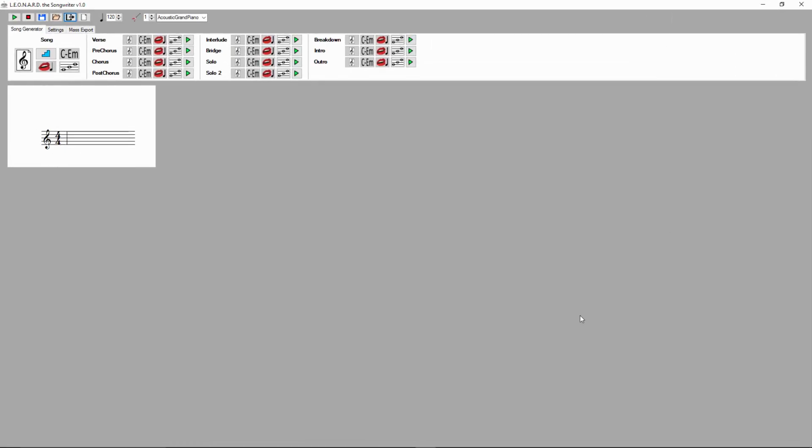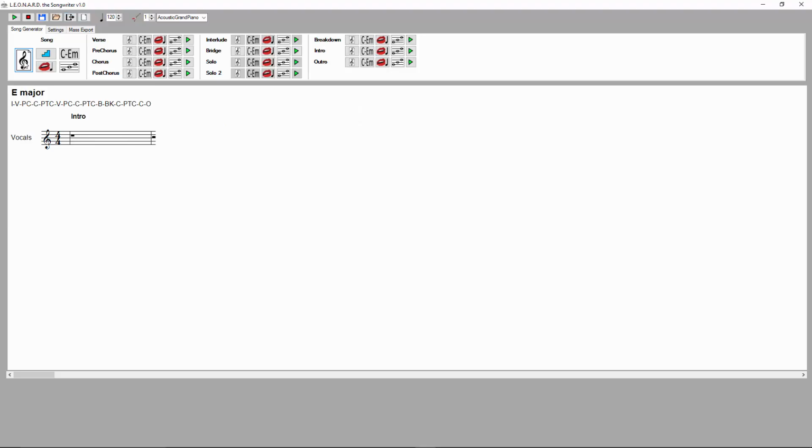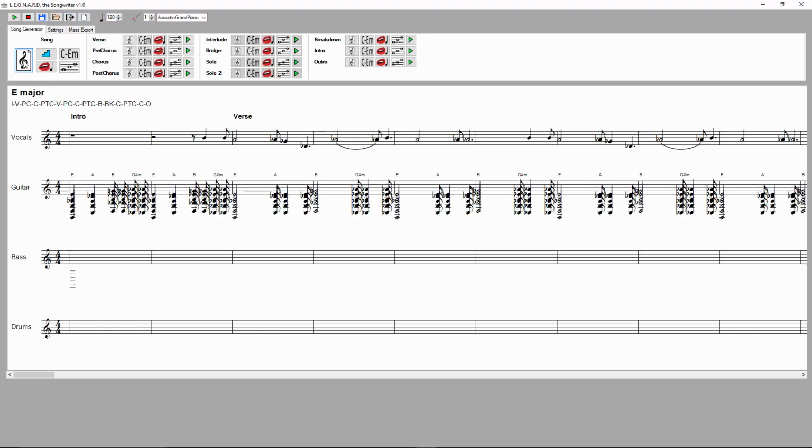Okay, so this is the interface of the system, and it can be used very quickly right out of the box by just pressing this button here. Pressing this button will tell L.E.O.N.A.R.D to write a full, brand new, unique song and to output the score down below. So I'll press the button, and in just a few seconds, the system will write a brand new song